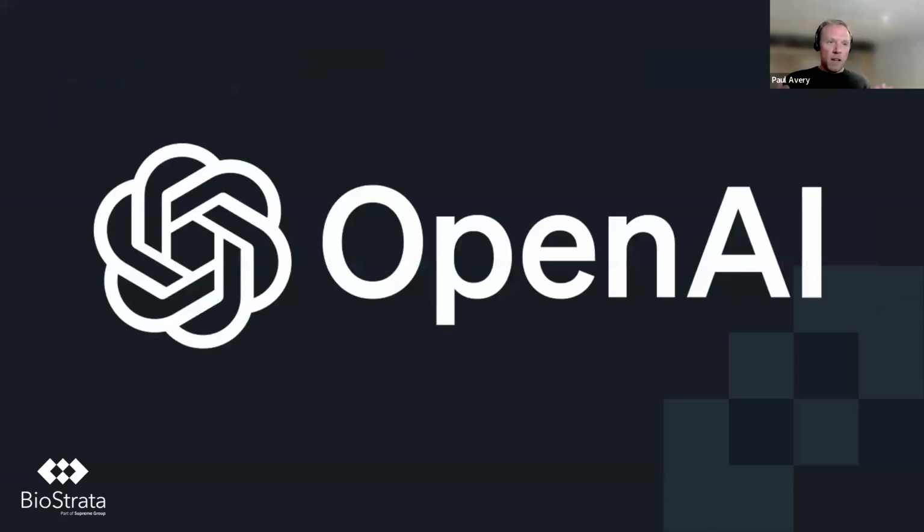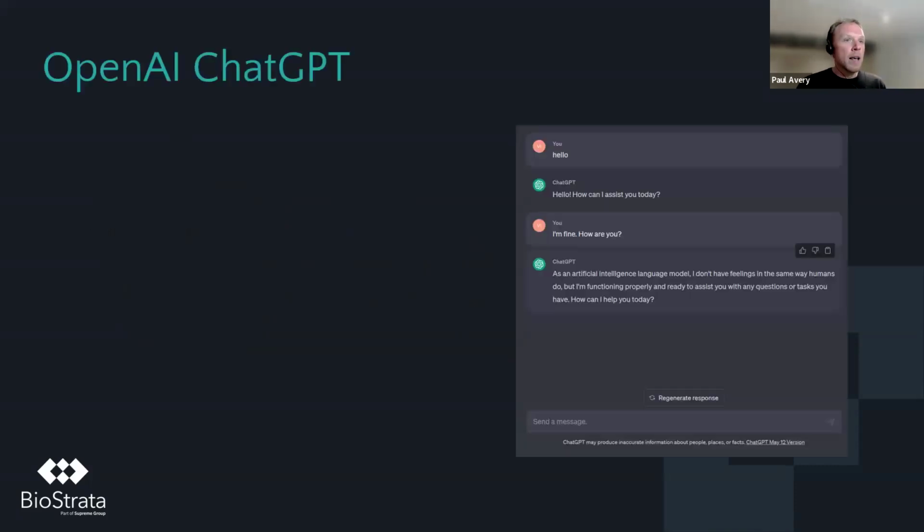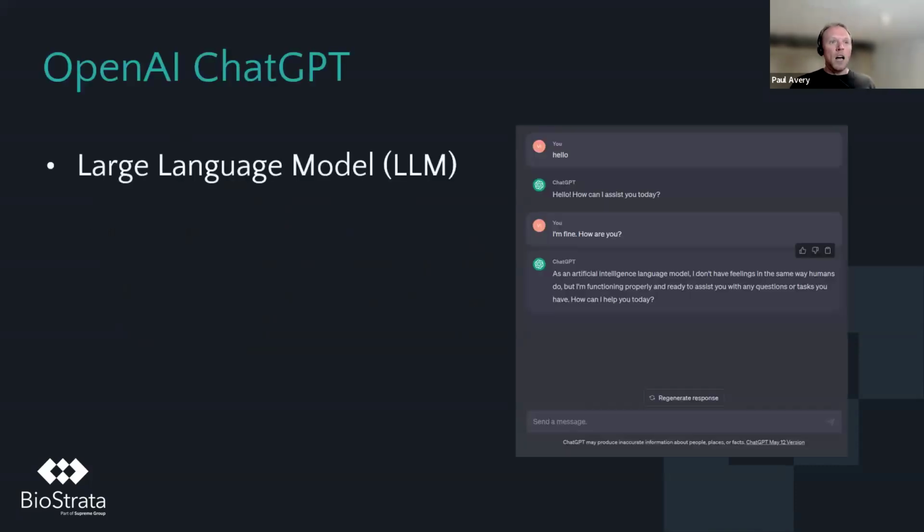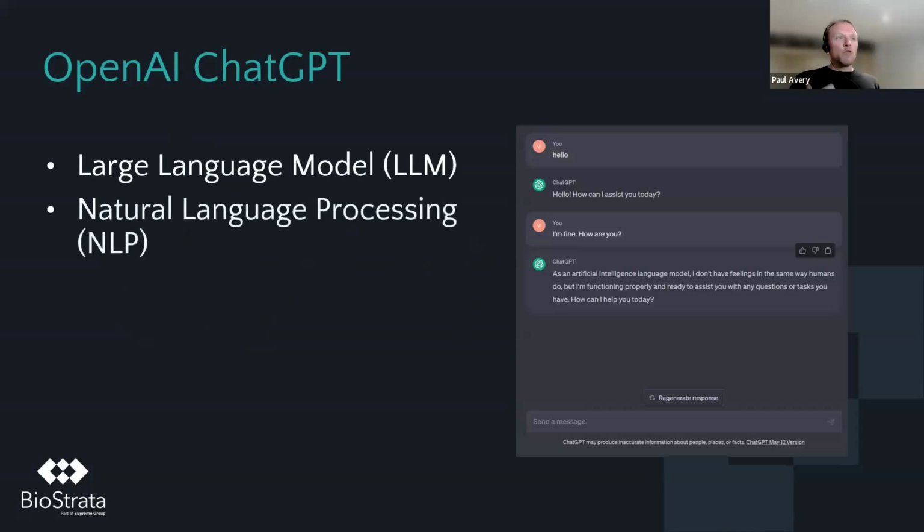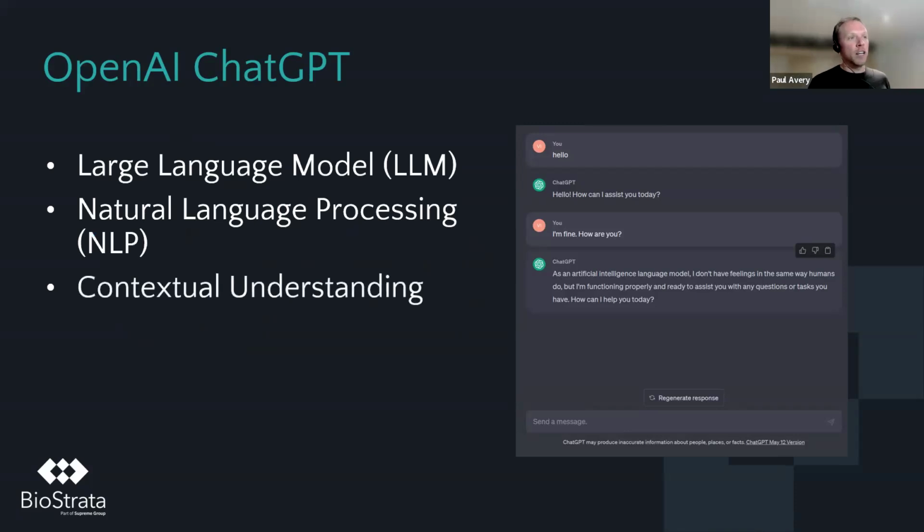So to try and bring this to life, what does it really mean? Let's look at OpenAI's ChatGPT model. It's probably the most famous tool in the world in this area, and many of you have probably already used it or had a play with it. It's what's known as a large language model that's capable of natural language processing and has a contextual understanding. What this means was, at least in the early days, it was trained on text. It understands human language and the things within human language, the concepts that emerge when you use language to explain things. And it can handle being given a bunch of information to assess.